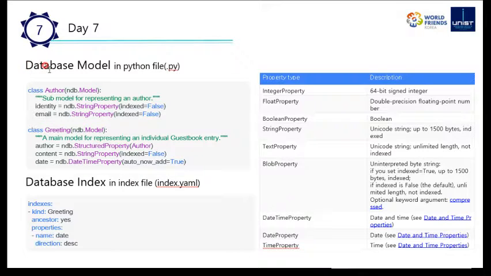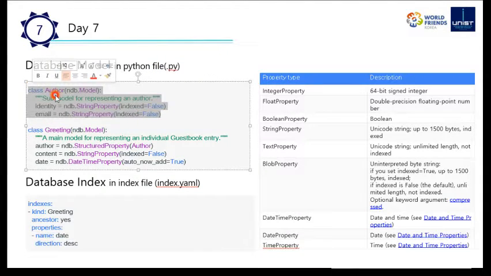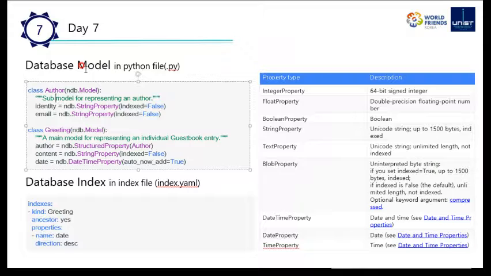First, you have to set database model in a Python file. When you look at this class, you have to make a class, and this is the model name. In this case, it is author. And we use the Python library ndb, and this ndb library is installed when you install the Google App Engine launcher. So when you have already installed that, you don't have to worry about downloading this ndb library. And inside this class author, you can put